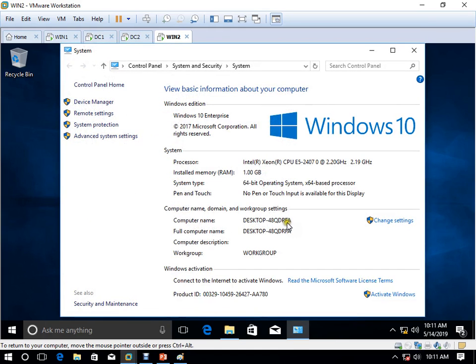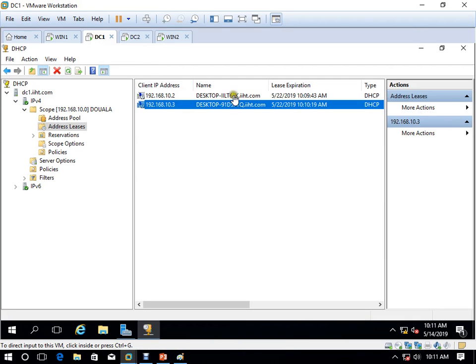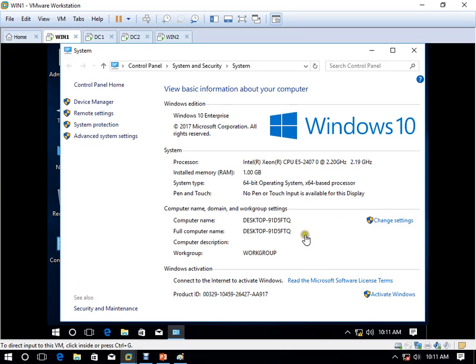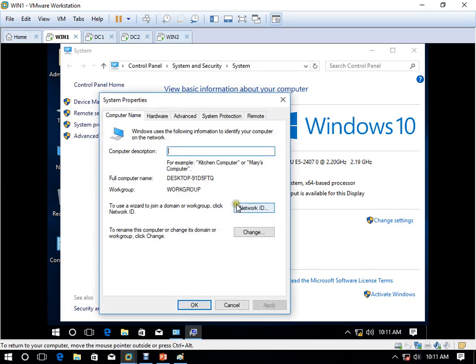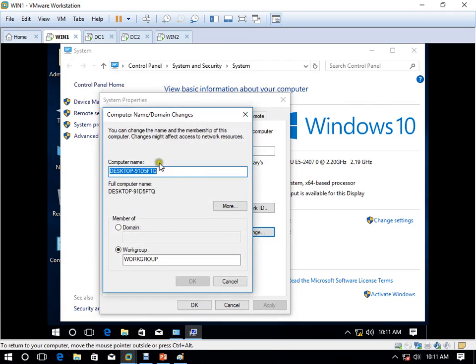Maybe somebody else, I don't know. Okay, so our Windows 1 is getting an IP address. Better to change the name so we should understand who is getting an IP and who is not.